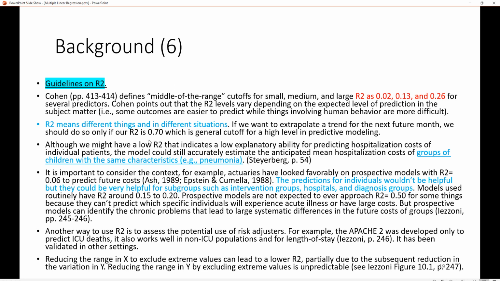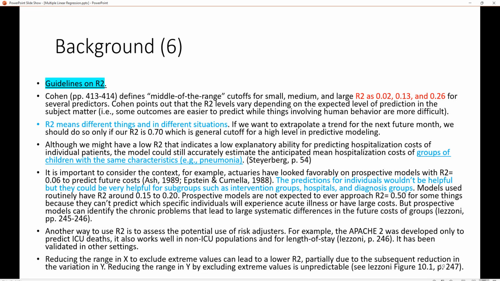For r-squares at that level, that should give you somewhat safe predictions for your different patients. However, if you don't have r-square that's at 0.70, you can still make predictions, maybe not for individual patients, but that would work well for groups of children with the same characteristics